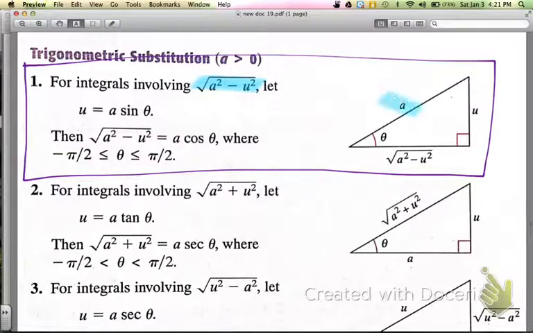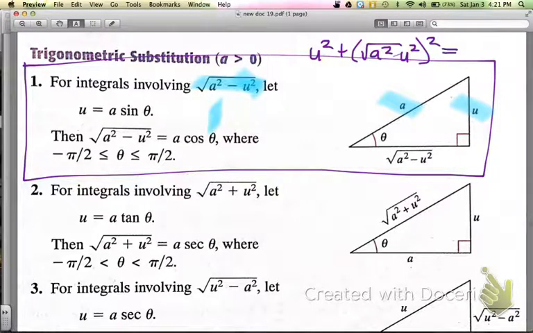So that's how I know that a has to be the hypotenuse, because it was the first value right here, which was a squared, and I know that u has to be one of the legs, because when I look back at the Pythagorean theorem, I have u squared plus, and then if I have this value here, the square root of a squared minus u squared